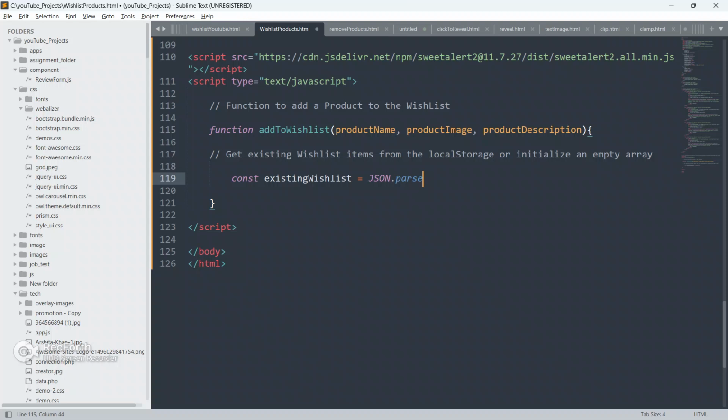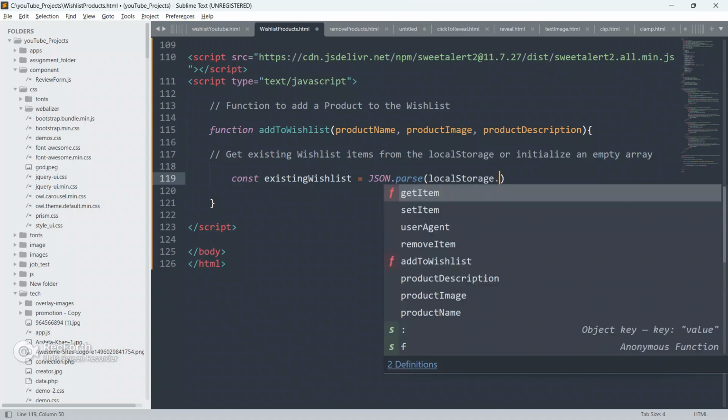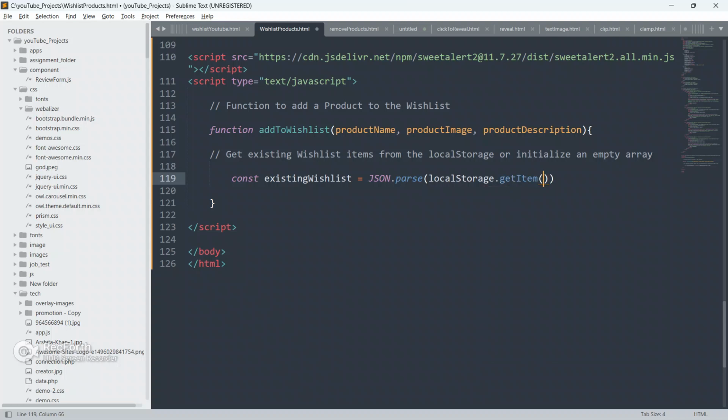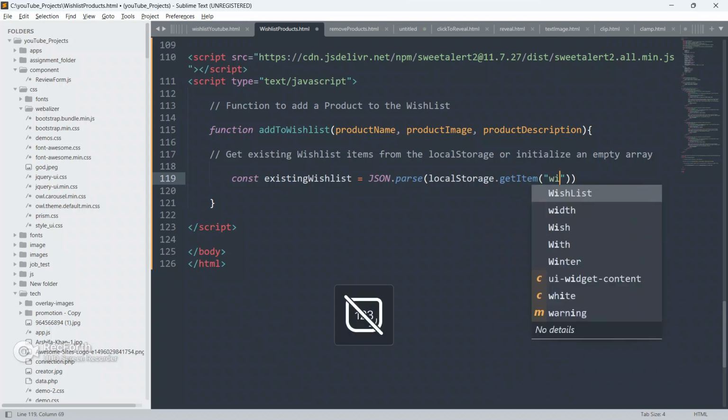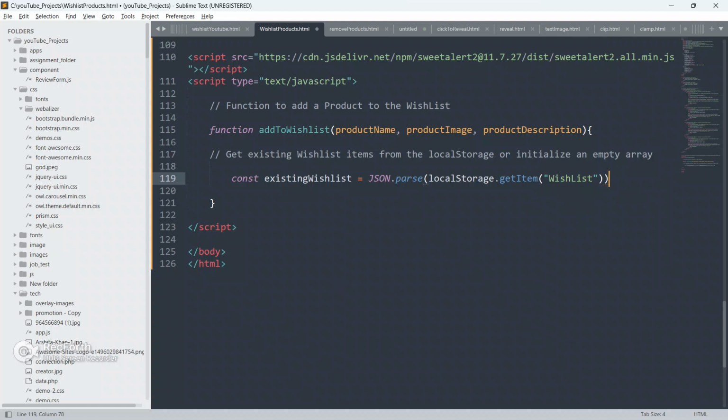As you all know, if we want to fetch something from the local storage back on our page, we have to provide a key, and only then will we get its value. So JSON.parse, localStorage.getItem, and we have to provide the key here. I'm going to provide the key wishList. If it is not there, then we will initialize an empty array.